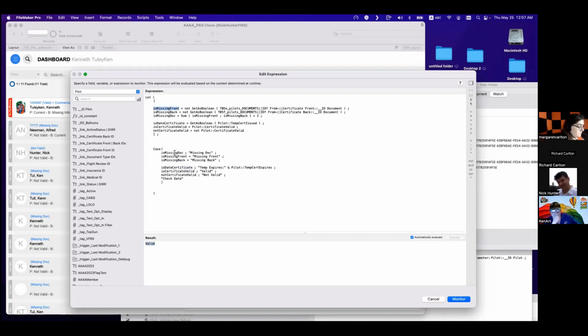Right. Is missing back? He said no. So let's do this. It says still valid. Let's do this. Now he said nothing here. Why? Maybe this one is wrong. Why this one? It blocks this. So let me see. I don't have an error here. So now I have blank. Valid. So this one here has a problem here.